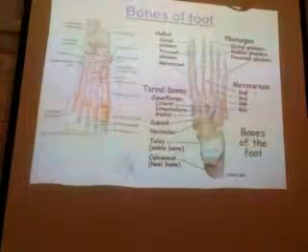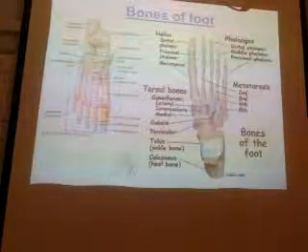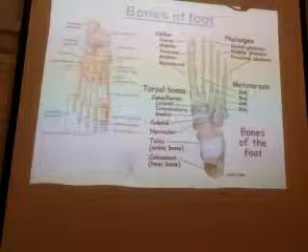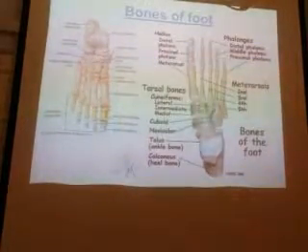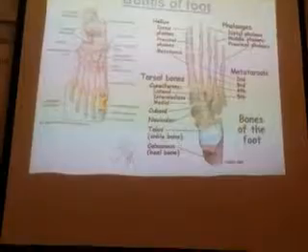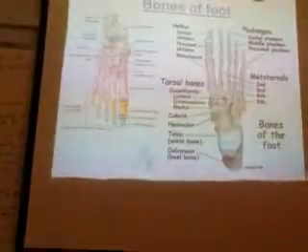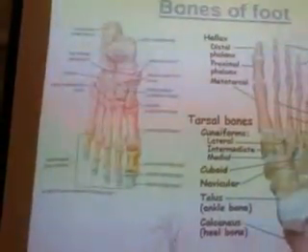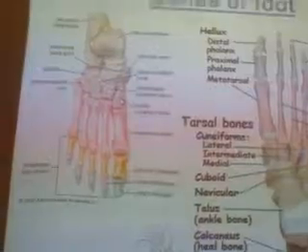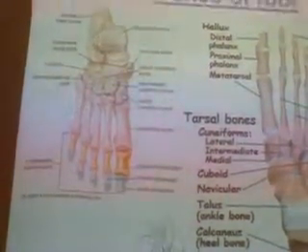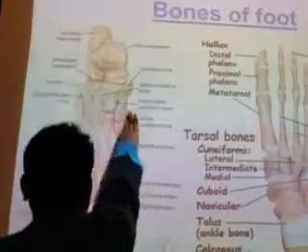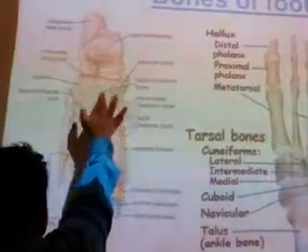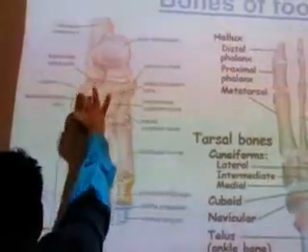Here, the first one is the talus, and the calcaneus, and the navicular and cuboid, and 3 cuneiforms, that is lateral cuneiform, intermediate and medial. This is a right foot. So if it is a right foot, this is the medial side, isn't it? Medial cuneiform, intermediate and the lateral cuneiform, 3 cuneiforms and 1 cuboid.